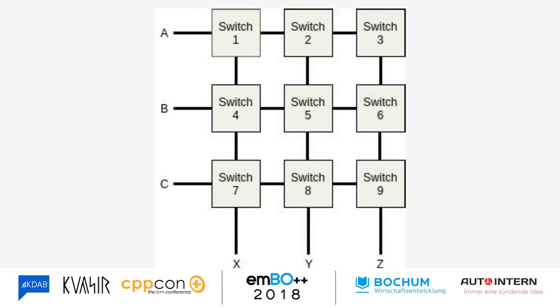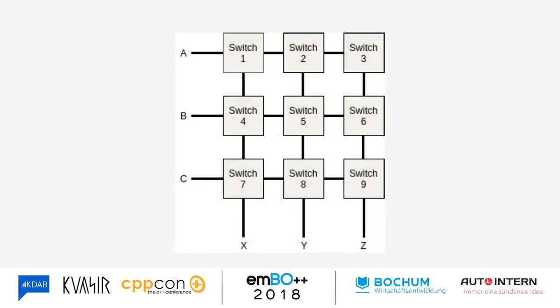So if we want to scan our keyboard to see what keys have been pressed, we do something like this. Imagine a very simplified 9-key keyboard. What we'd have is it's wired together in a matrix. All of the switches are attached to some pin, which forms a row, and some other pin, which forms a column. So here we have A, B, and C as our rows, and X, Y, and Z as our columns. If we want to scan to see if switch 1 has been pressed by the user, we activate pin A here, and we see if pin X is active.